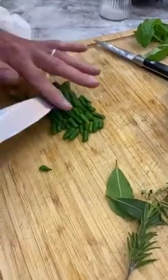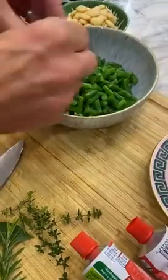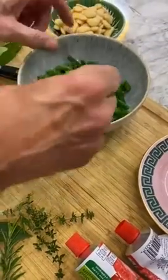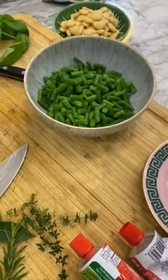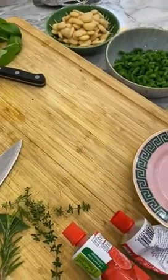I like to do the French beans first. And I tell you why, because French beans can lose colour. Yes. And they get washed out a little bit. So I'm going to do that. And then what I'm going to do